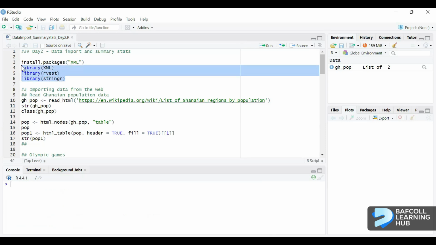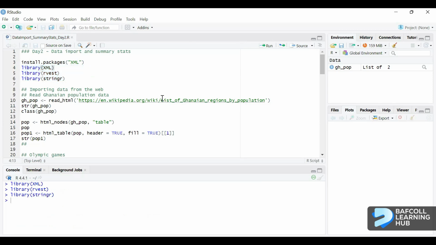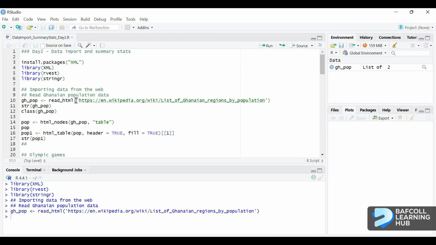Okay. So as always, we will load the packages. And this is the website that I showed you just briefly. I mentioned that we have used read.table and also read.csv. For importing data from the web, we are going to use read_html, which is from the rvest, XML, and stringr packages. So we can load the data, import the data,